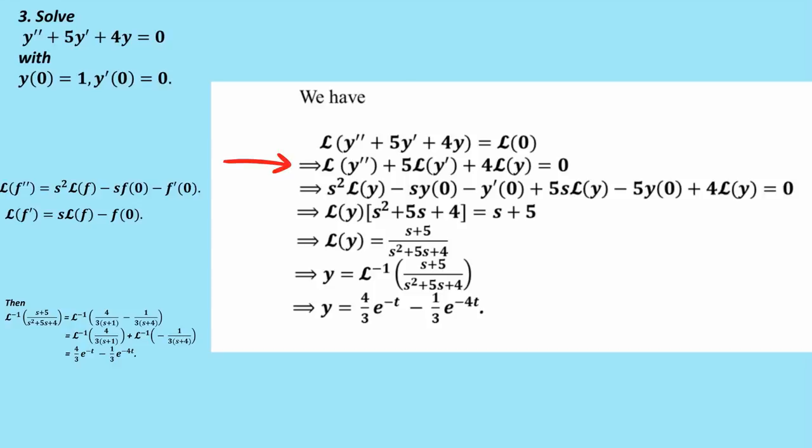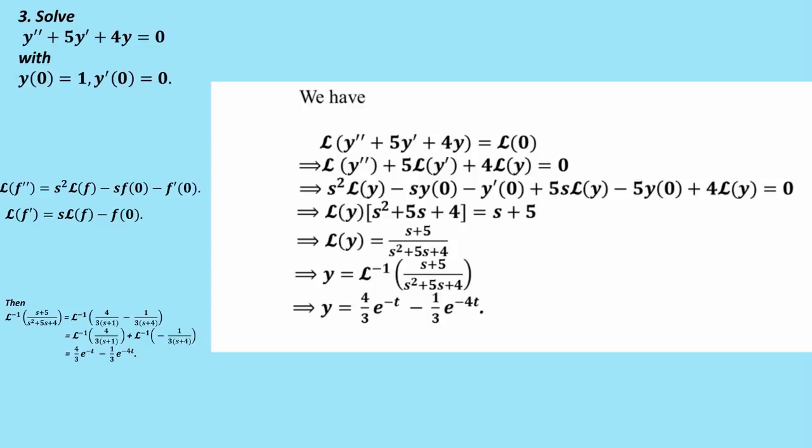So I've broken the brackets here, and now the problem is I've got this Laplace transform of a second derivative and a first derivative, which I want to get rid of, and this is where I use these results which you can get from the tables. So I can replace the second derivative with just the Laplace transform of the function and some other things to do with the initial values, and I can do the same with the first derivative. So I can now replace the Laplace transform of the first and second derivatives,